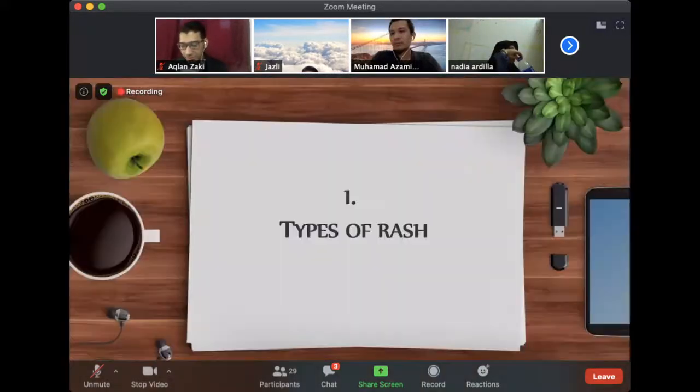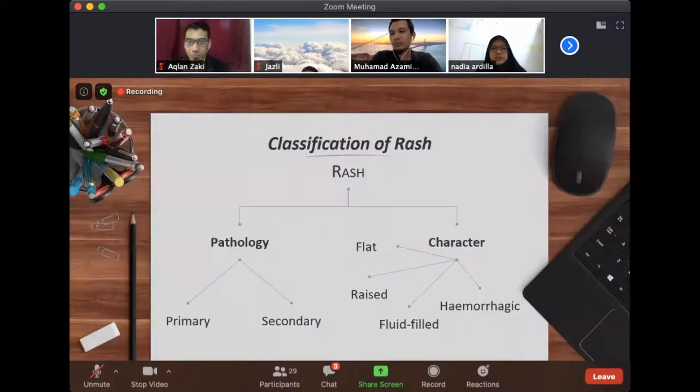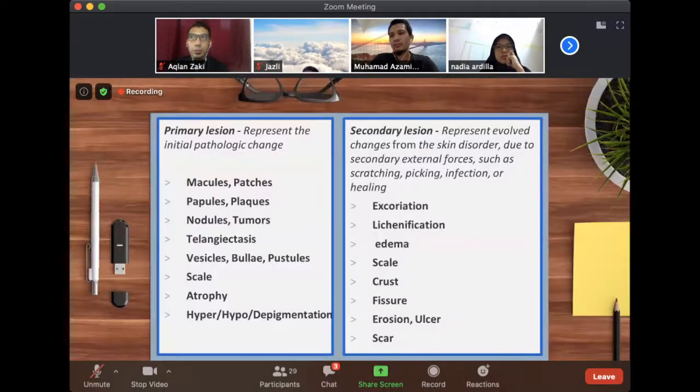So first, we go to the types of rash. We need to recognize the rash first. We can classify rash according to its pathology or its characteristic. According to UpToDate, the pathology is classified as either a primary or secondary lesion. The characteristics are divided into the character of the rash itself: either flat, raised, fluid, or hemorrhagic. Okay. For the primary and secondary lesion, the primary lesion represents the initial pathologic changes of the